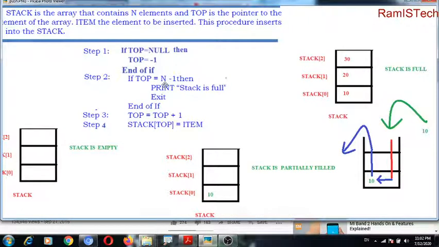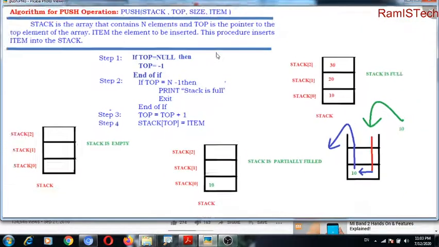So this is the algorithm I constructed. Will it work or not? We will see.